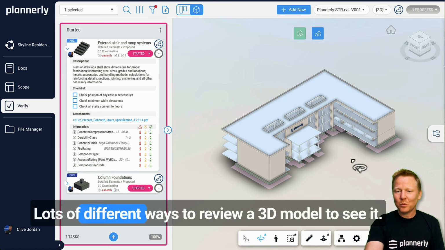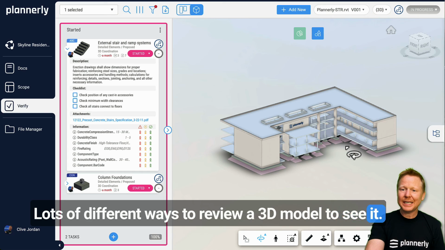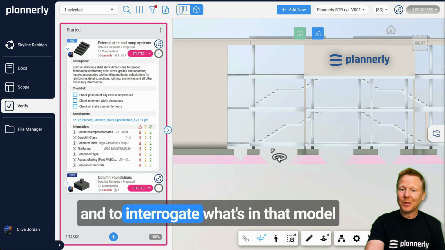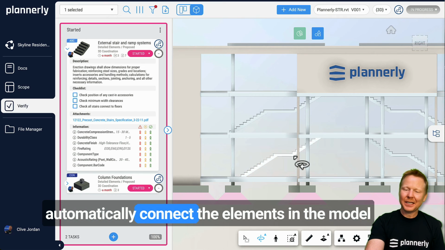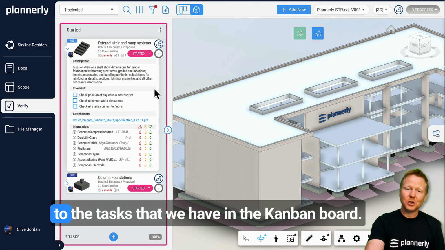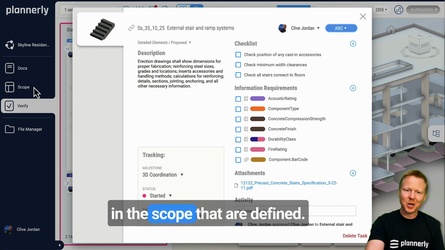So there you have it, lots of different ways to review a 3D model, to see it, understand it, and to interrogate what's in that model. In the next few videos, we'll be looking at how we automatically connect the elements in the model to the tasks that we have in the Kanban board, the same tasks that are represented in the scope that are defined, and